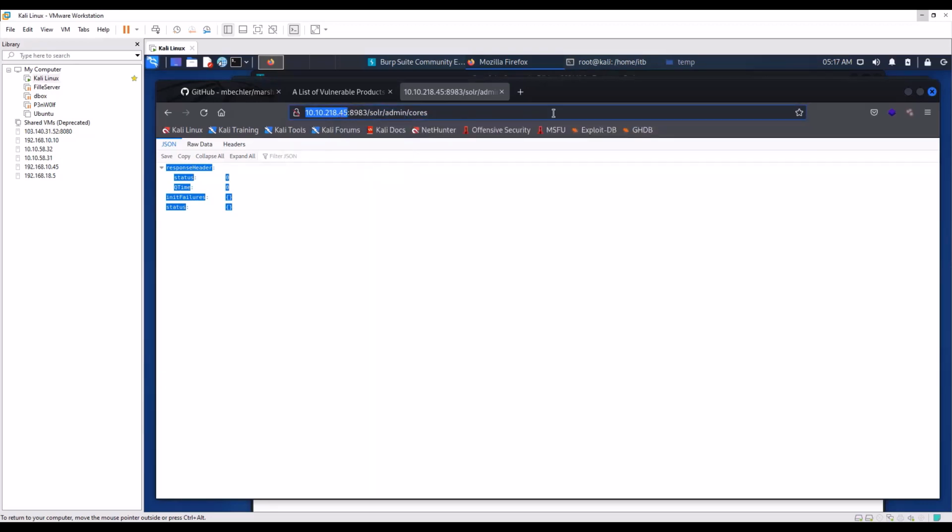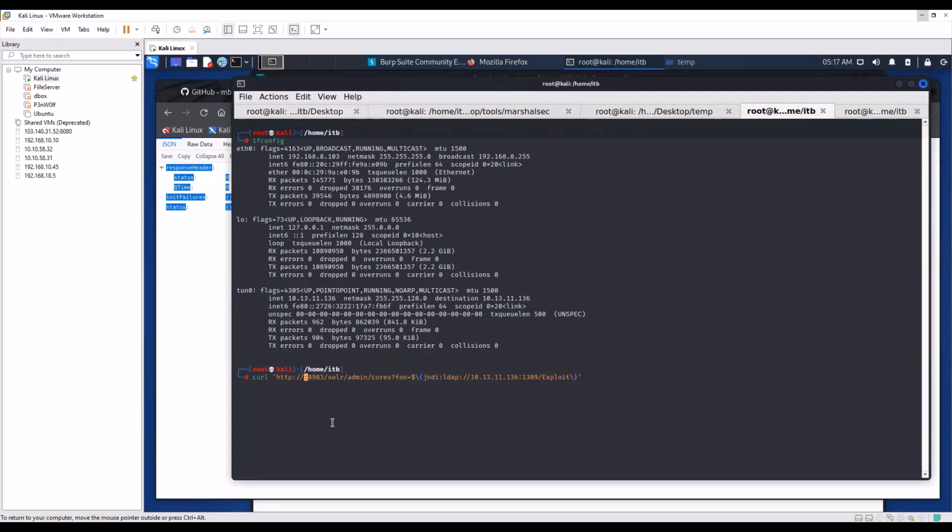I have copied this URL and made a curl command to... Okay, I have sent the curl command, sorry. Now let me clarify the command structure a little. Up to here is the URL, you can see that at this point. After this point, we have any parameter, like we can actually pass test, and